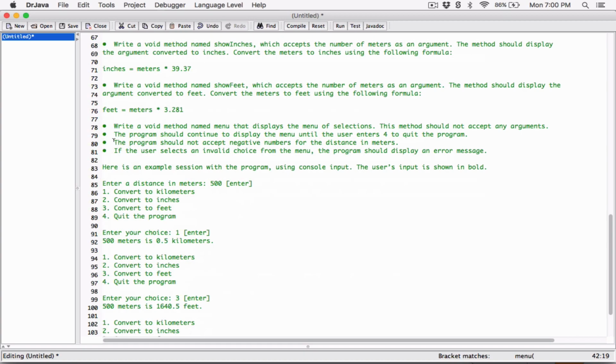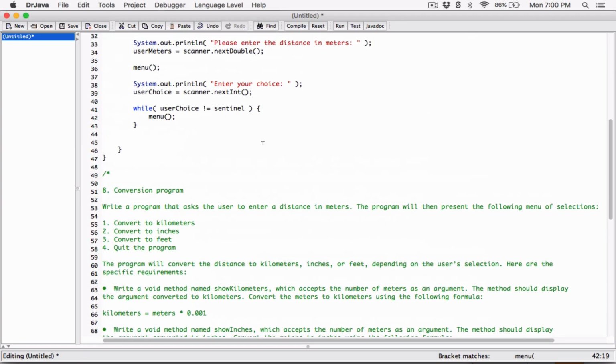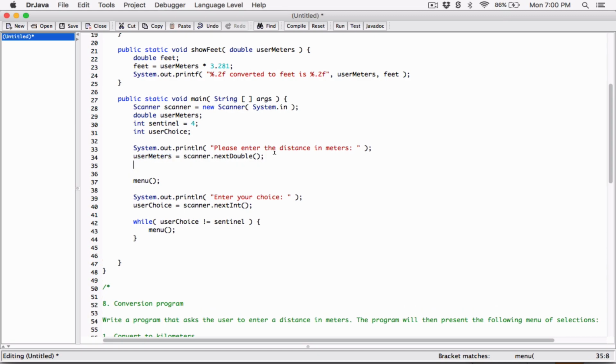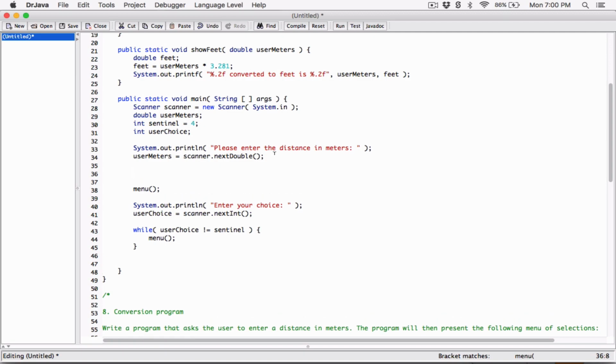And then over here it says the program should not accept negative numbers for the distance in meters. So where are we asking? I'm asking for the distance in meters. This is the first time we're asking for the distance in meters over here. We have to check to see if what the user typed, user meters, is not less than 0, because anything less than 0 is negative, right? So after we've accepted the input here in user meters, we want to go ahead and check to see if what the user typed is less than